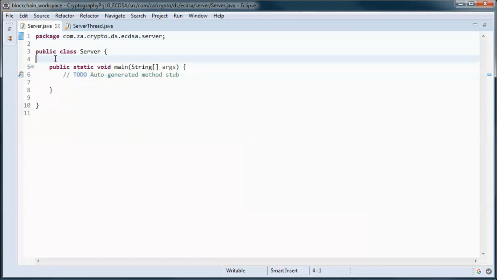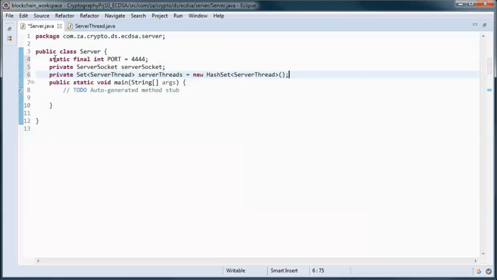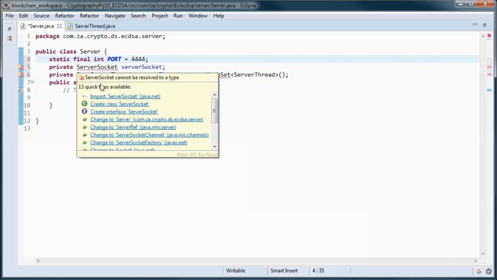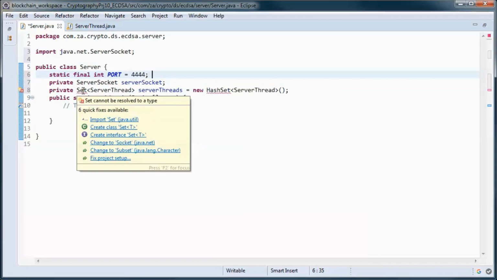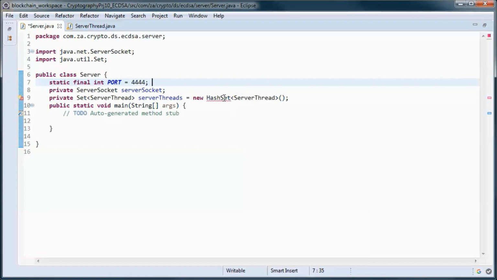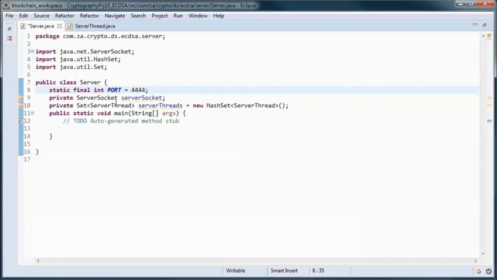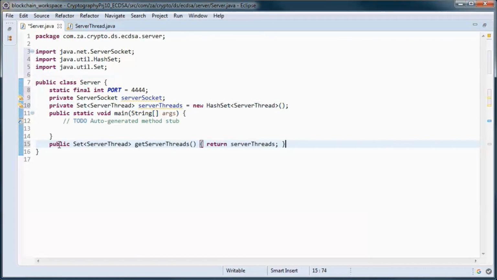And here this will be the port that the server will be listening on, and we will have a set of server threads for the different clients that this server is interacting with, and a get method for that set.